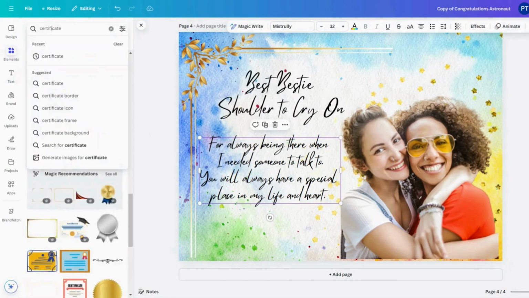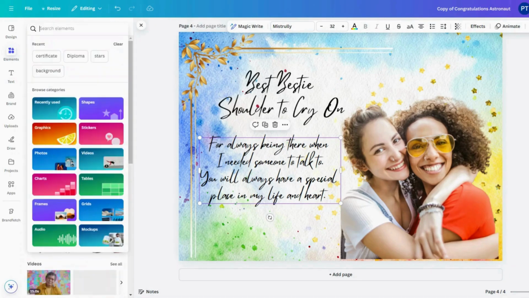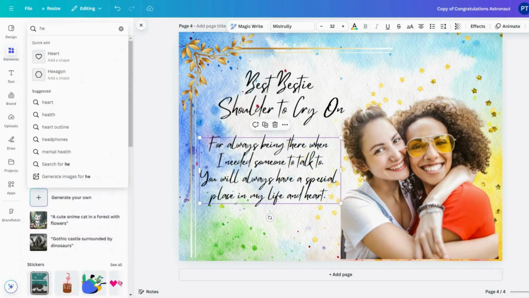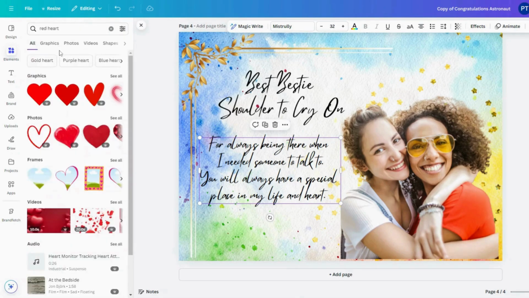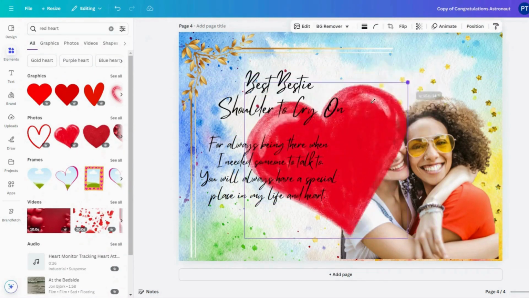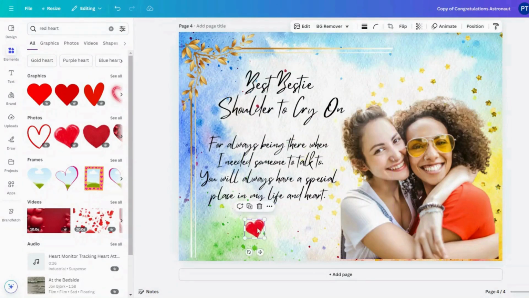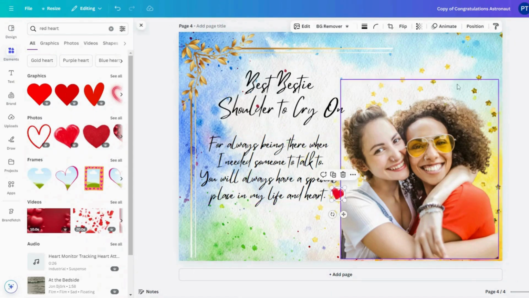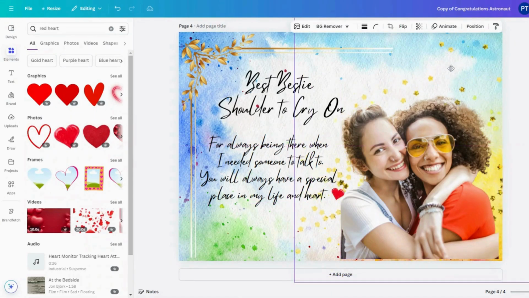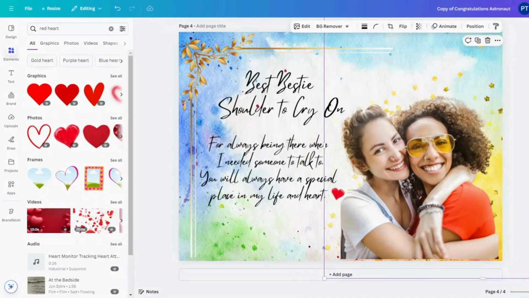Now, what I do want to do is go back to elements and get out of here. And I'm going to say hearts, red hearts. And I want to put some really cute hearts on here. So I'm going to put this one. I don't know why they come up so big. I'm going to put this here. I'm going to flip this horizontally and make it a little bit smaller. I'm going to take our